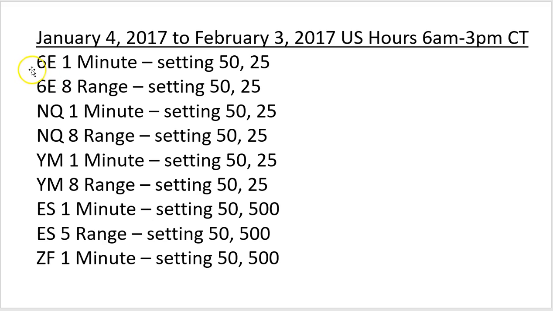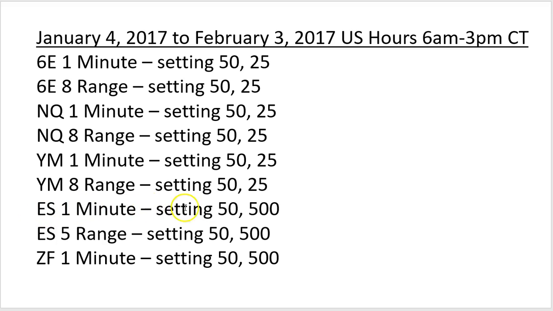And so I'm going to take you through the euro currency on a 1 minute chart, 8 range chart with the settings of 50 and 25. A mini NASDAQ 1 minute chart, 8 range chart, again same settings, 50 and 25. Mini Dow, a 1 minute chart, 8 range chart, settings same, 50 and 25. But then the thicker markets,